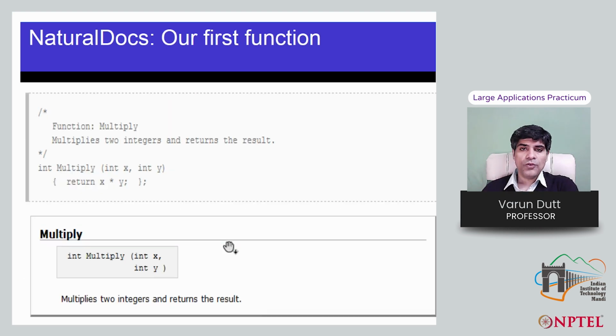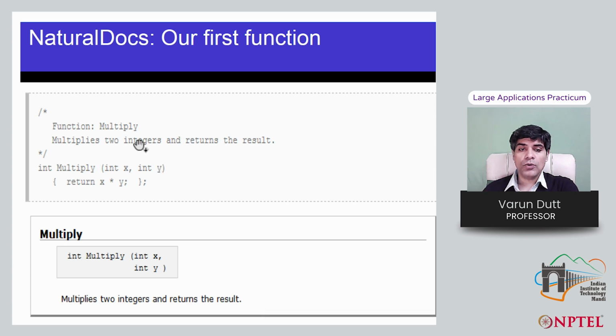So now I have also shown you how to create certain documentation, but suppose in your file we are talking about a C++ program or some program where you have a function called multiply. So you can start out a comment and end a comment in that source file. You can write Function: multiply, multiplies 2 integers and returns the result. Remember, this multiply and this multiply should be written in the same way. If this multiply differs from this multiply, Natural Docs will not be able to generate any documentation for you. The index.html file will not be created in the documentation folder.